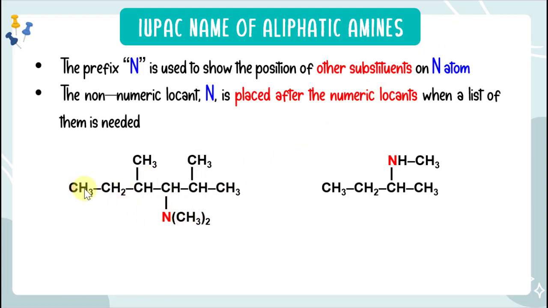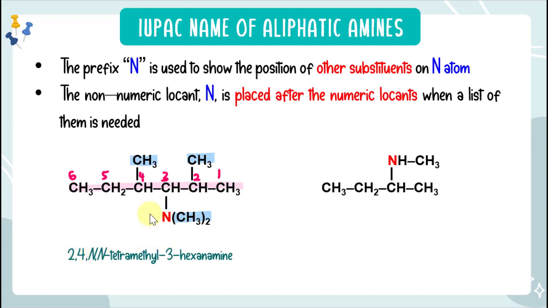This is our longest carbon chain that includes the amino group. Since the amino group is near the right end, we are going to number our carbons from right to left. So we have a 6-carbon longest chain. We have a methyl group on the fourth carbon, the second carbon, and also two methyl groups on the nitrogen. So since we have 4 methyl substituents, the IUPAC name for this compound will be